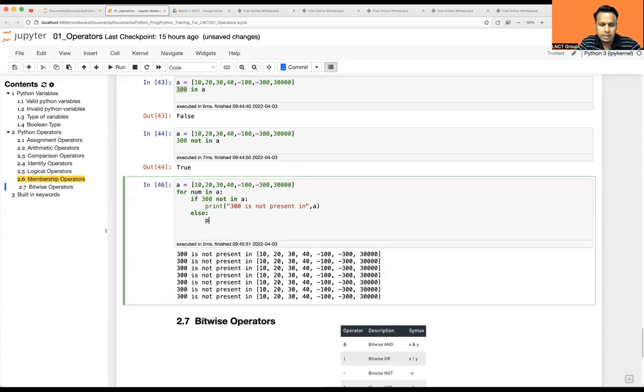Else pass. I don't want to print for other numbers. Again, it is printing. What is happening here? So we got the first value, number 10, in A. It is iterating for all the values. So I wanted to exit basically. Just for exit purpose, what you can do is: